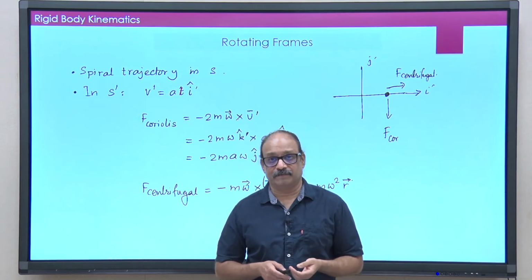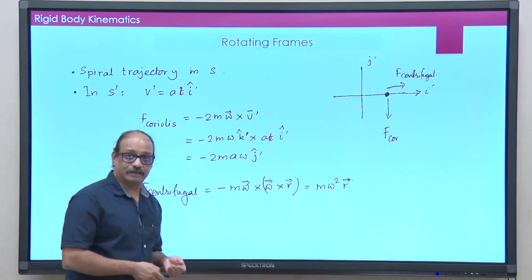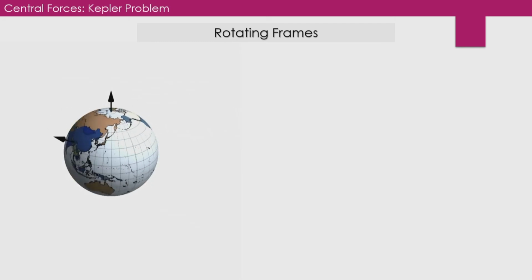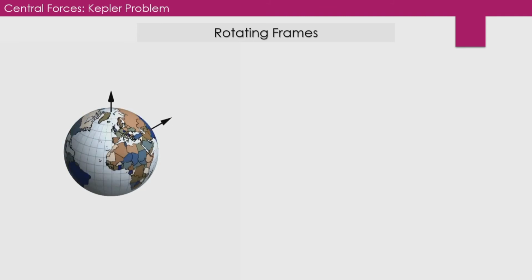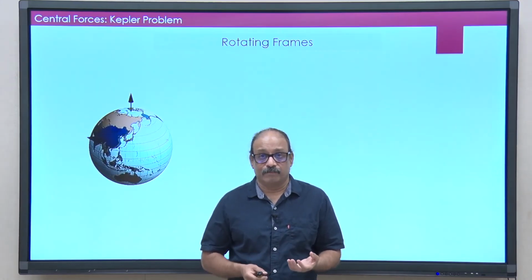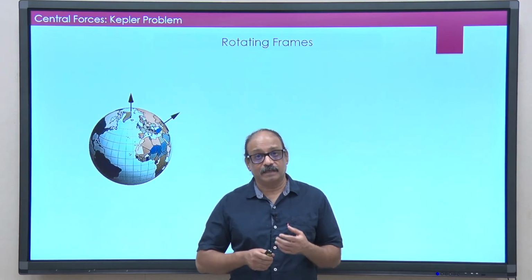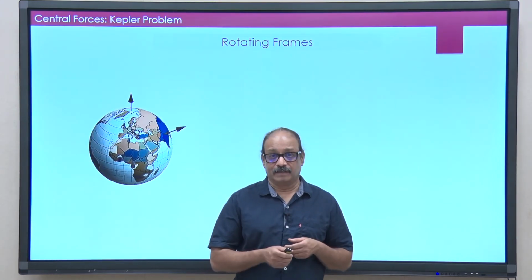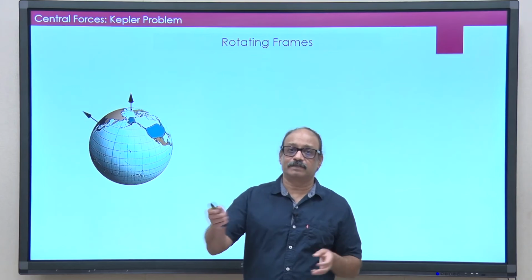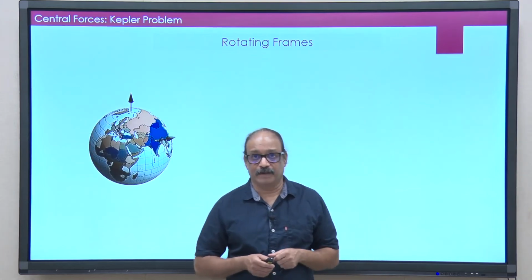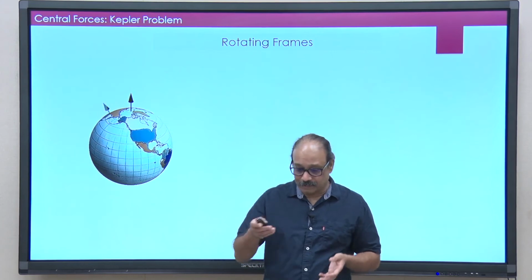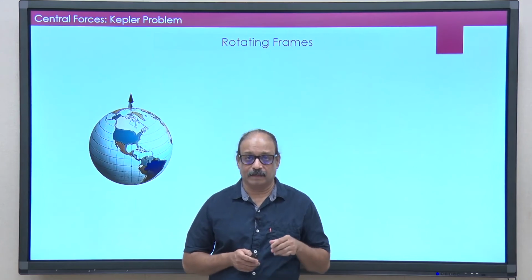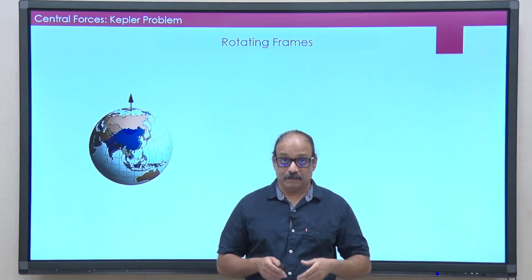useful application of this is in fact in connection with the Earth's rotation itself. If you have Earth which is continuously rotating about its own axis, basically what that means is we ourselves are sitting in the S prime frame. We are in the rotating frame without actually realizing it. We do not see much of the effects of rotation. Apparently, if I do some experiments here, to reasonable accuracy, I see Newton's laws hold. Okay. So, how do I know that Earth is rotating?